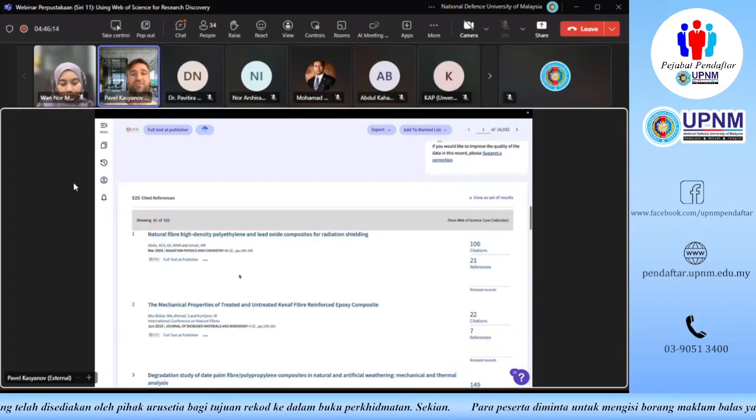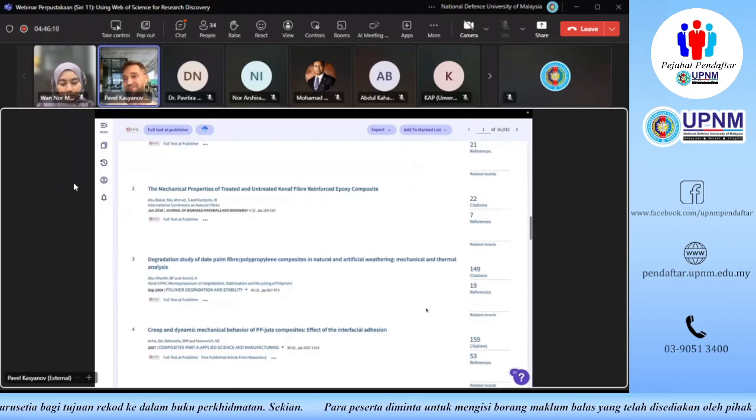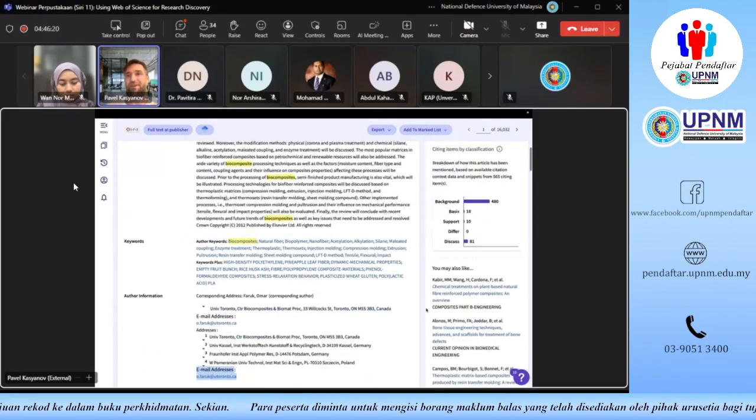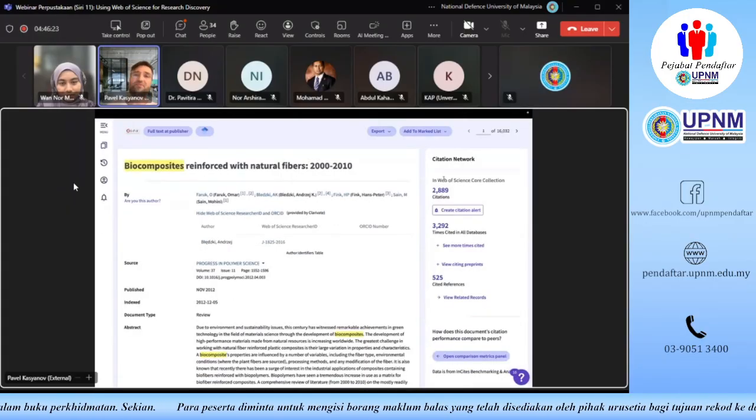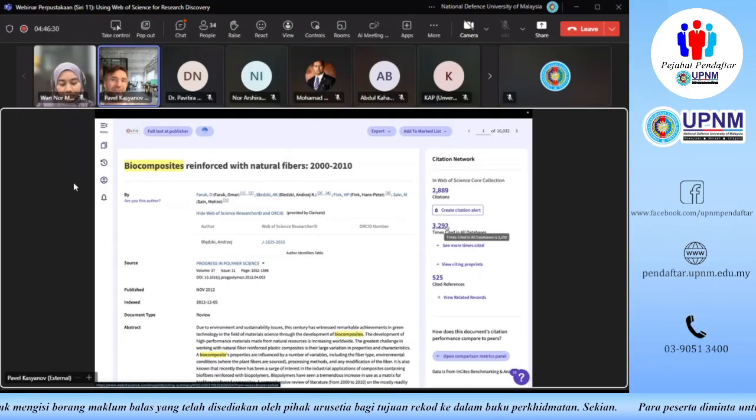And then we have this list of the cited references that normally goes with every record, okay? Now, the citations themselves, we have them in the upper right corner. So this is the 2,889 citations that this document has received. You would normally see exactly the same or a slightly higher number right beneath it. And these are all the citations that this record has received across all the Web of Science databases.